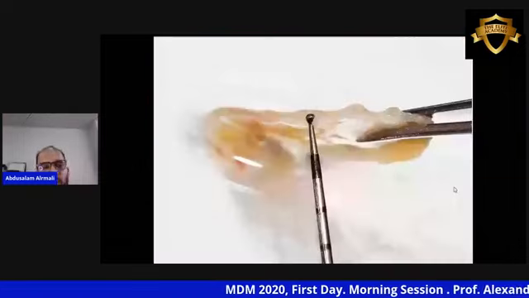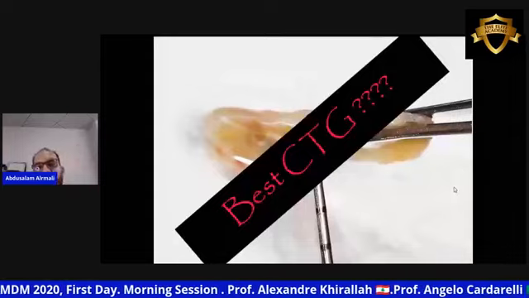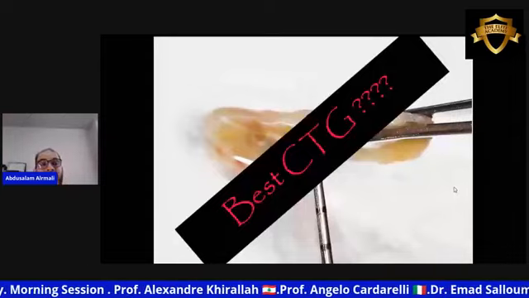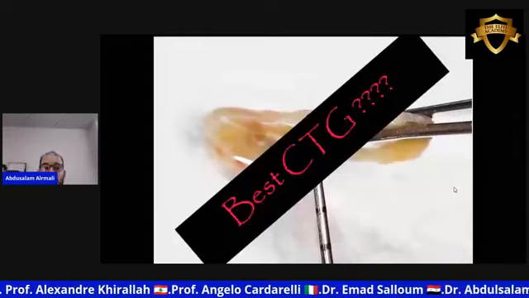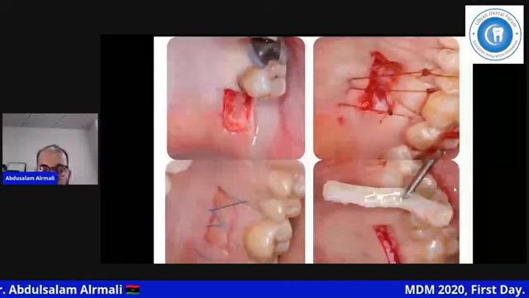And where is the site? Where is the best place for harvesting a connective tissue graft, either from the palate or from the tuberosity? Actually, it depends on the amount of thickness you are targeting. If you are targeting more than 1.5 millimeter thickness or more than 1 millimeter thickness, it is better to harvest